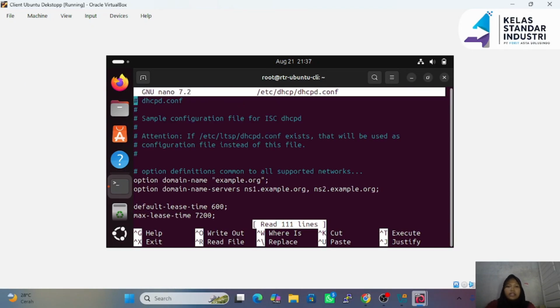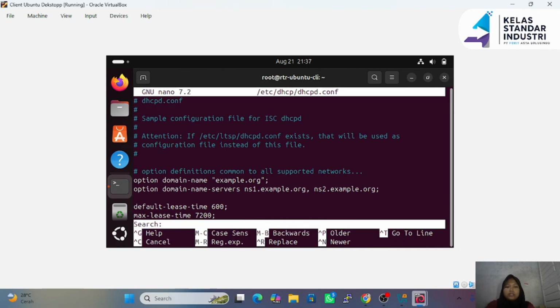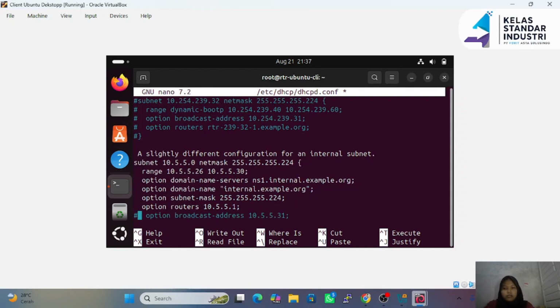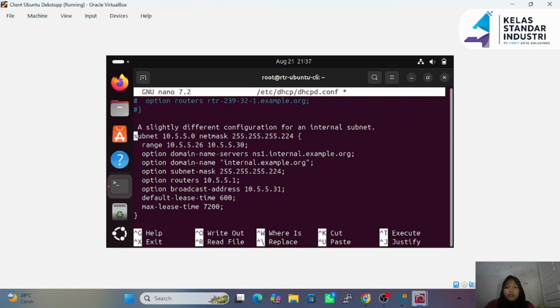And we can press Ctrl W. You can search for the word subnet and press enter. Right here, once found, you have to remove the hash so the configuration will be active. And you can follow my configuration.